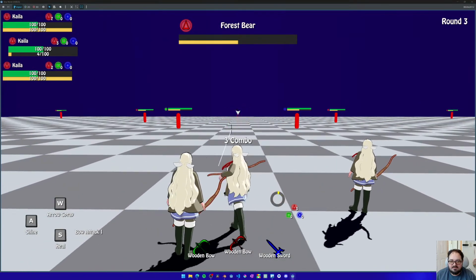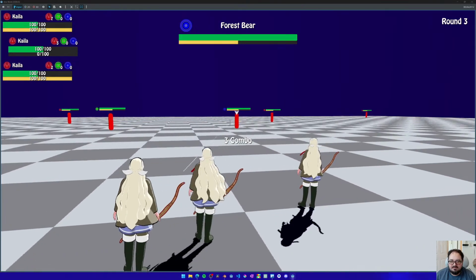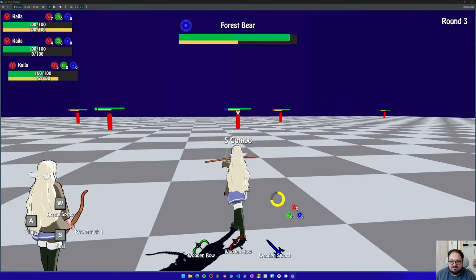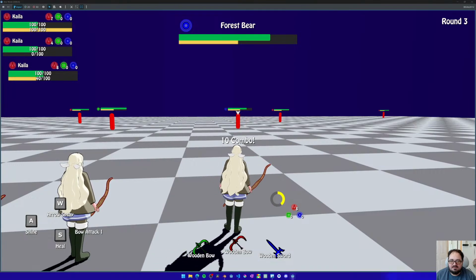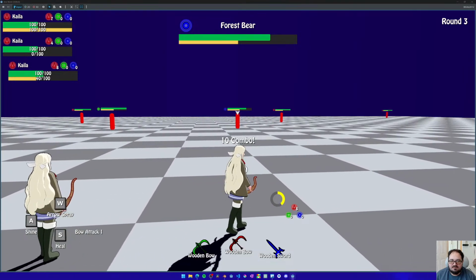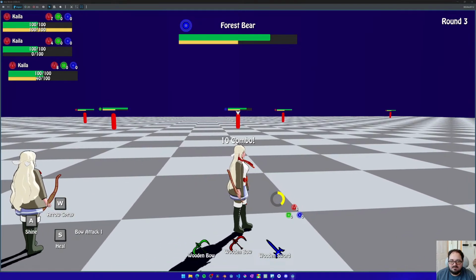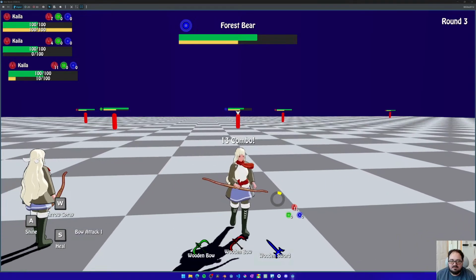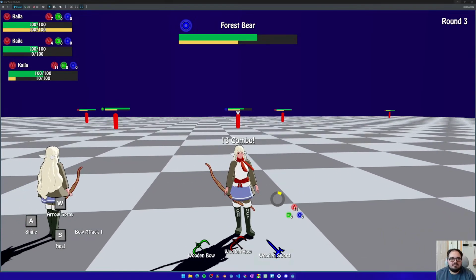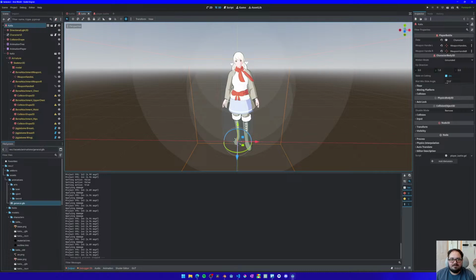Okay, so I could see that on the bow animations, the jacket gets a little bit crunched. See if I can fix that too. But this is good so far. Let's go ahead and